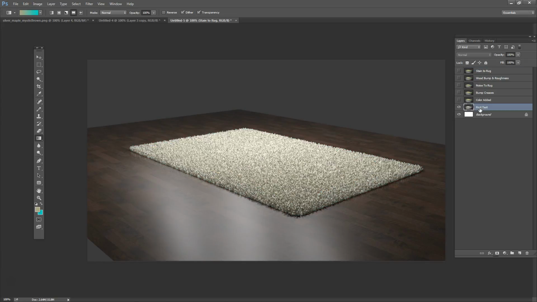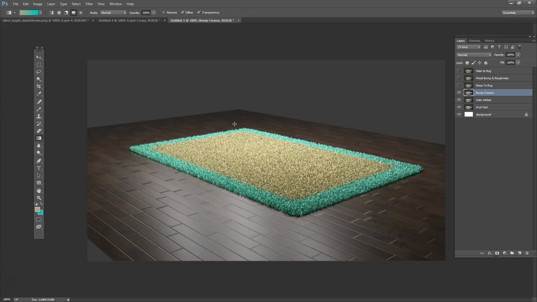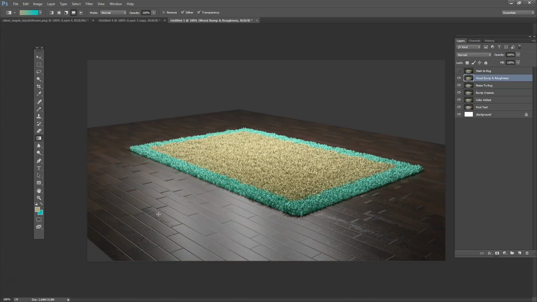Okay, let's start from the beginning. So there it is where I've got the particle system on there just with the claw shader and the wood shader on there. Added some color to it with the bitmap. Then came back in and put a bump on the floor. Then came back in and added some noise to the rug. That really brought this rug to life. It doesn't seem as digital now. Okay, that was a huge shift. Okay, added a little bump and roughness to the floor. And then last thing, add a little bit of a stain onto the rug so it wasn't so uniform in